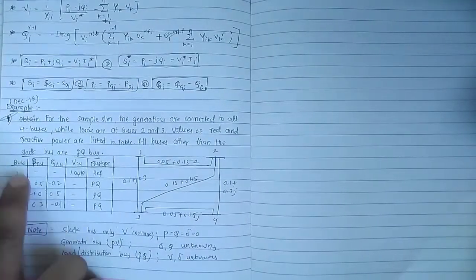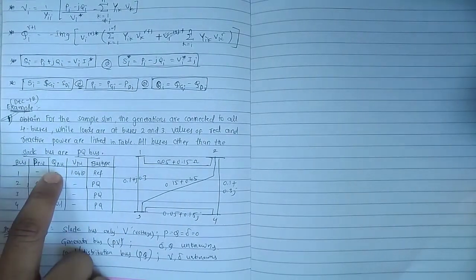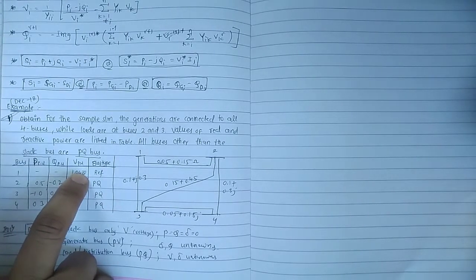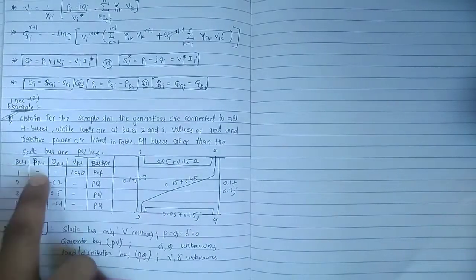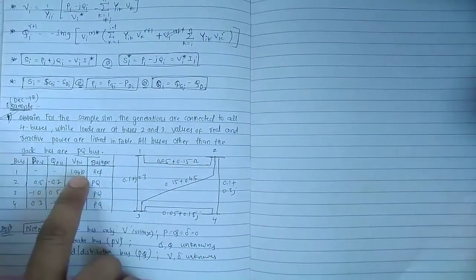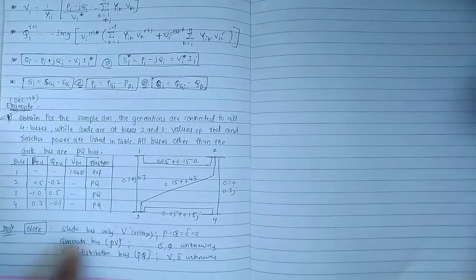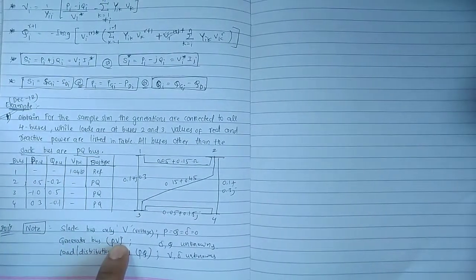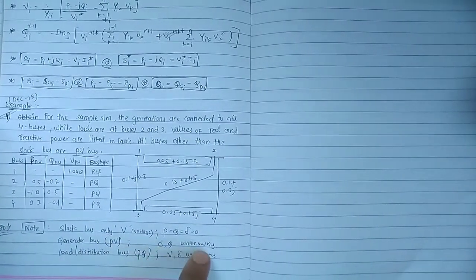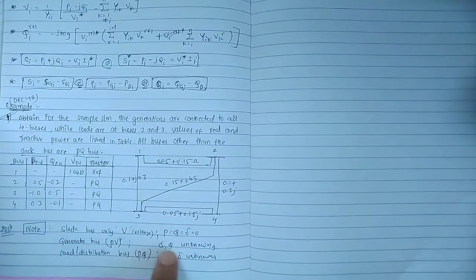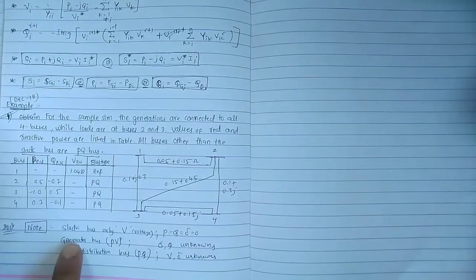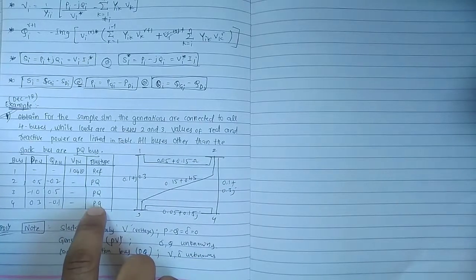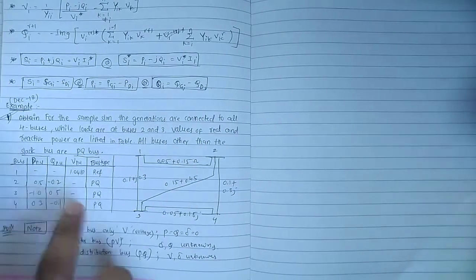Means in this table we don't have P equal to 0, Q equal to 0, and angle delta equal to 0; only the voltage we have. Therefore bus 1 is the slack bus. Remember, only voltage is given for a slack bus. Next, the generator bus is called the PV bus. Delta and Q are unknowns, the remaining parameters. PV means generator bus, and PQ means load bus. These 3 buses, 2, 3, 4, are the load buses.